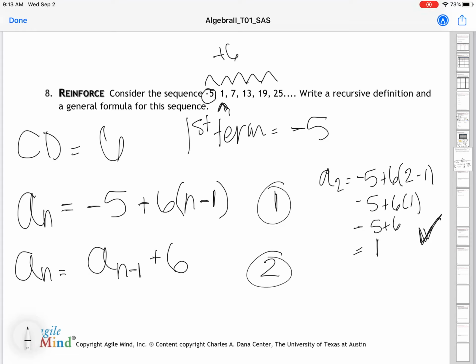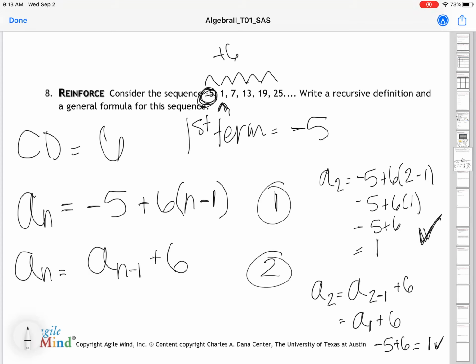All right, now on this second one, we're still looking for A2. So we have A2, and remember, every time you see an N, you're writing a 2. We're simplifying. A of 1, because 2 minus 1 is 1, plus 6. But what was A1? What did we just say? -5, first term. So we have a -5 plus 6, which also equals 1, okay? So either equation works,